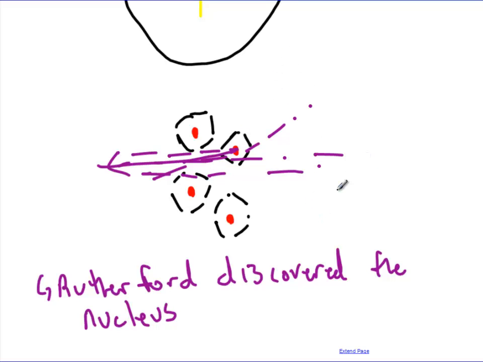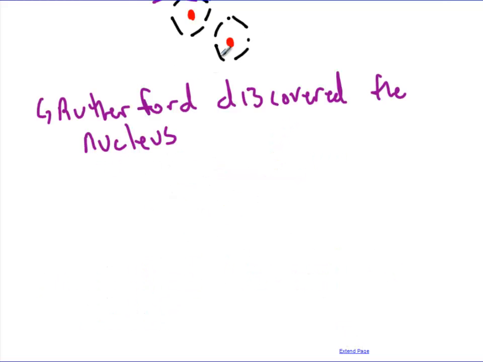So if we had a final timeline of everything that happened with the atom, we started with Dalton, who said, okay, everything's made out of atoms, but atoms are as small as we can go. So we had this big chunk, and that was it. Then we moved on to Thomson's model of the atom, and Thomson said, yeah, we've got atoms, but they're not as small as we can get. We know there's charges within the atom, so they can't be as small as things get.